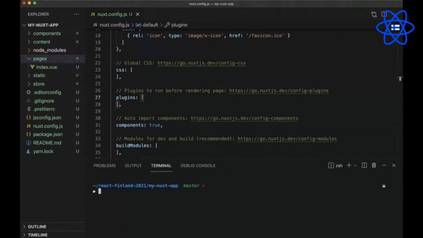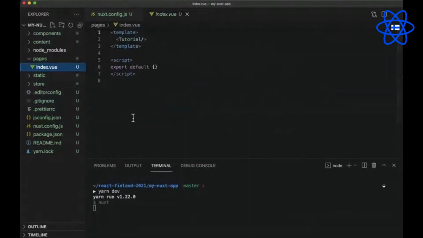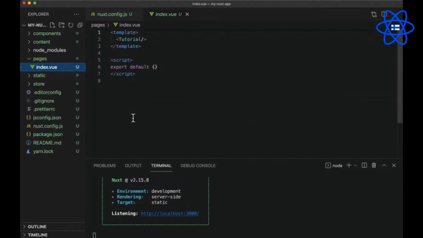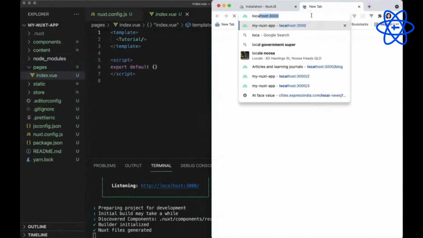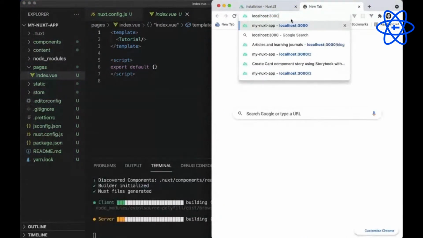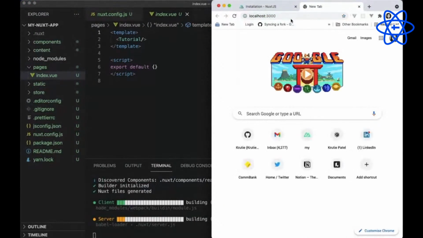Let's go ahead and run yarn dev so that we can see what we are rendering on the home page. At the moment, we are rendering this tutorial Vue component on the home page. So let's go to localhost 3000 and we should see the tutorial component there. Perfect.